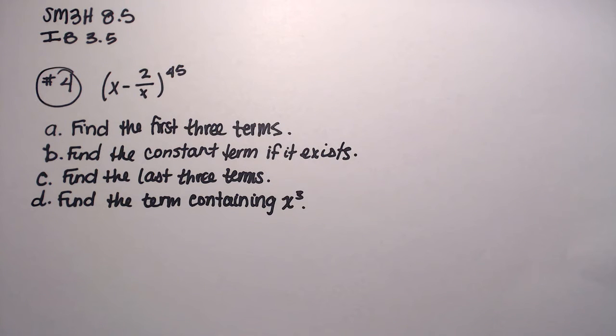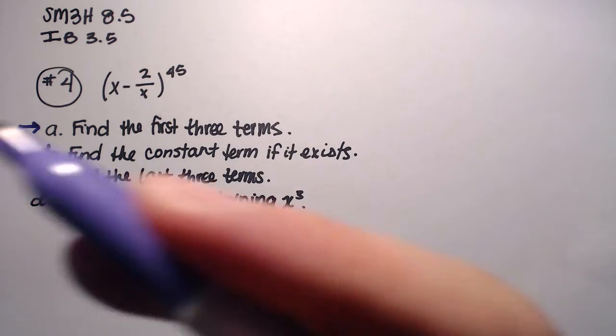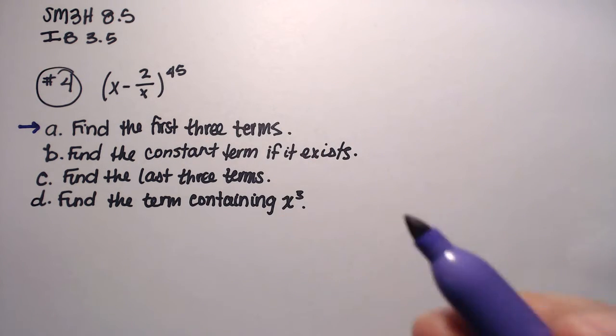Okay, I'm going to do this problem in two parts, just so that you can view what you need. I'm going to do A and C on this one. So find the first three terms. What I'm doing is I'm running through that summation